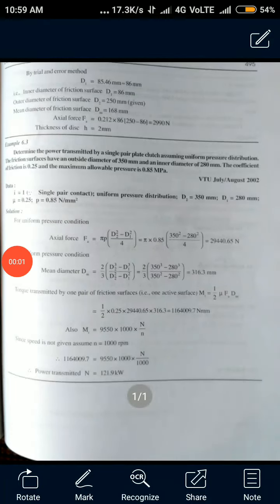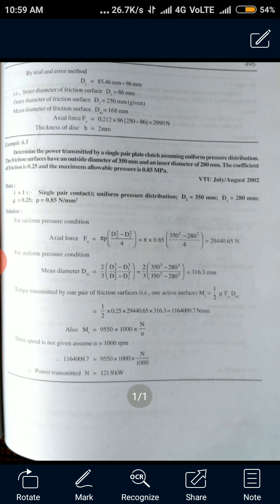Okay, so I hope you have gone through the two problems of the clutch plate which I have sent already, and you may have gone through the notations and the formulas used for the design of clutches. So today again we'll go for a couple of problems on the design of clutches. Just see the problem here.